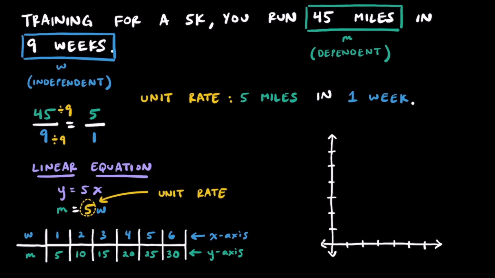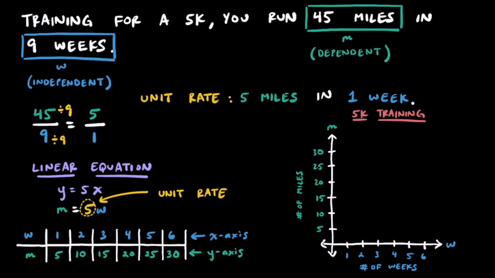linear graph. Looking on a coordinate plane in quadrant 1 here, w is along our x-axis, and we have 1, 2, 3, 4, 5, and 6. These are the number of weeks along the x-axis. And along the y-axis, we have m, which is the number of miles, and we can write 5, 10, 15, 20, 25, and 30. These are the number of miles. For a title, I'll call this graph 5K training. And plotting these ordered pairs from the data table, we have these points, and if we connect them, we get